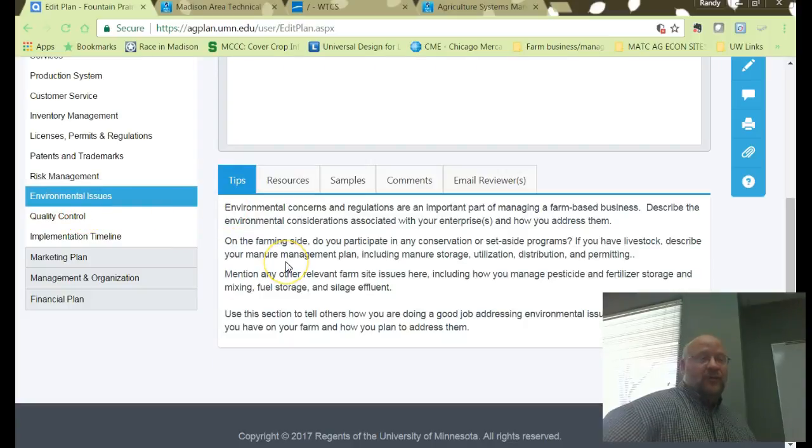Environmental issues, the big one in the animal management part of things is nutrient management, right? That's a big one, what do we do with our manure to properly use it so we don't have issues? That'll change depending on how you manage your animals, but that's probably one of the big areas that you'll want to think about in the environmental issues. If you have others, some farms are going to be closer to water resources, some farms are going to have more, if you store chemicals, for example, if you're doing your own application and you have a storage area, that's an environmental issue that you have to deal with. And where do we store these? How do we have